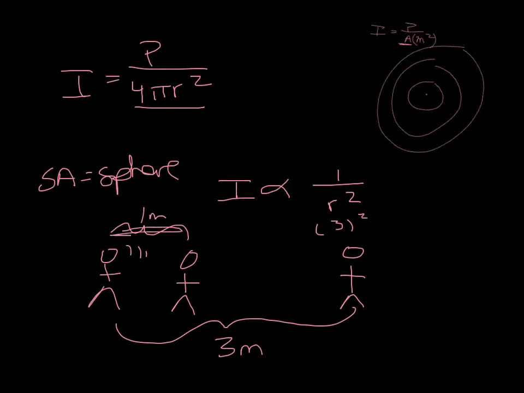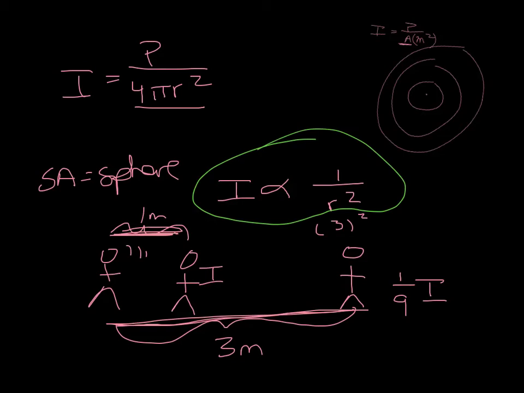So a person 3 meters away is going to hear 1/9 of the intensity of a person that is 1 meter away. That's why as you get further and further away from people, you can hear them less and less. And then as you get closer, all of a sudden you can hear them. It's because it's proportional to the square. This whole inverse square law idea is one of the things we want to have.